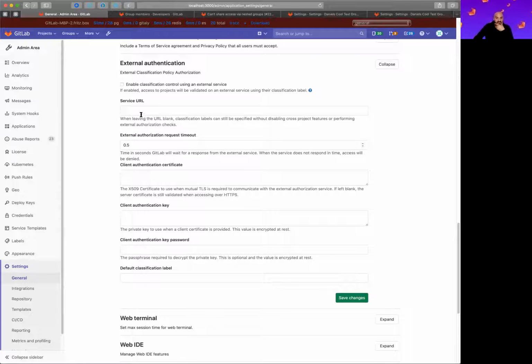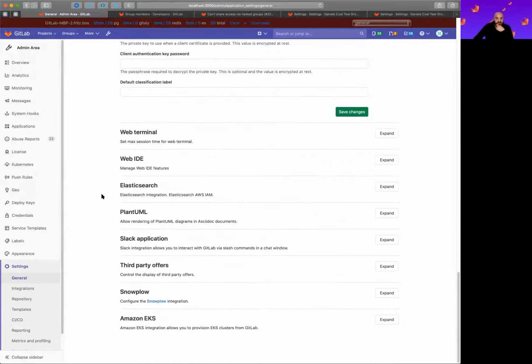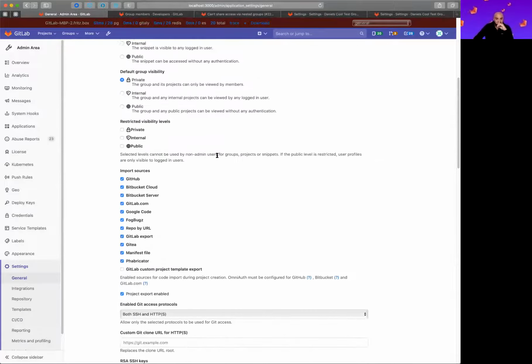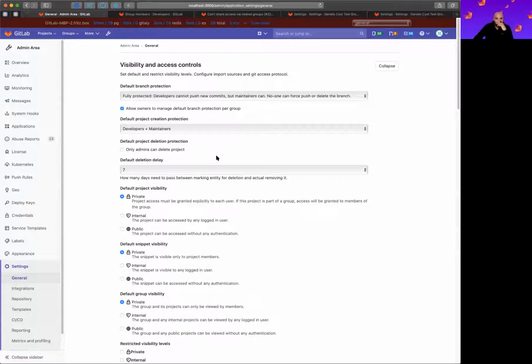Yeah, I think there was some things done with external authentication. Let's see. Might have changed some stuff around project deletion protection. This was something that was updated or changed. There were some tweaks made to that because